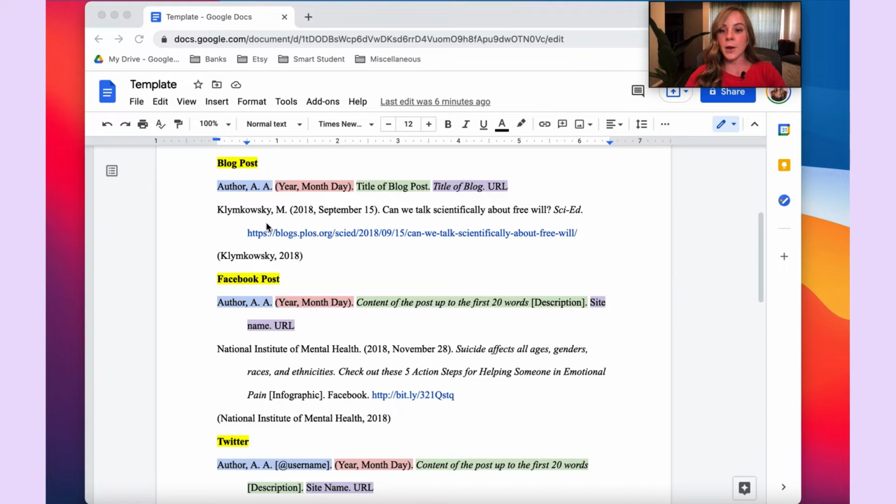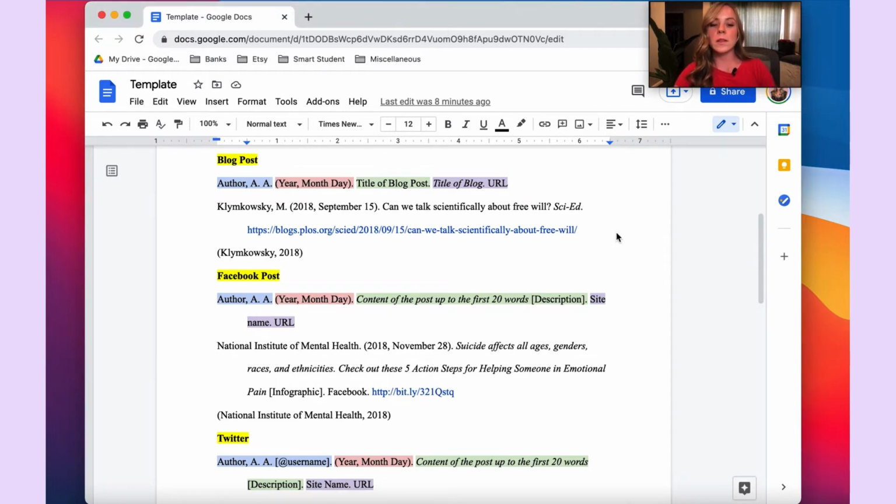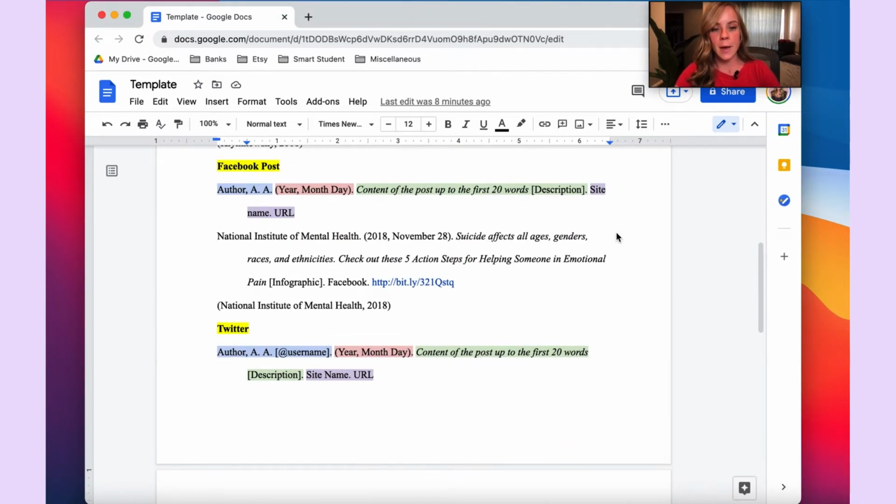So looking down here, we have all of the elements filled out nicely. It's kind of hard to see the title of the blog, but it's right there. And then the in-text citation, again, follows the traditional patterns for in-text citations. But now let's move on to some different examples that are going to fall in line with when you think of social media. So we have Facebook, Twitter, Instagram, YouTube. Let's talk about referencing those, starting with Facebook.